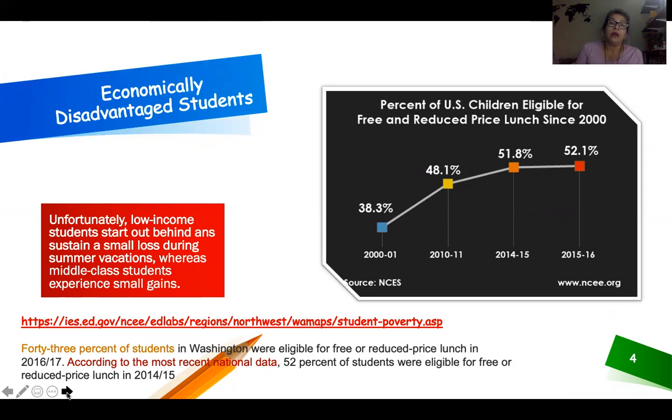The next point is economic disadvantage, which means students living in poverty. Unfortunately, low-income students